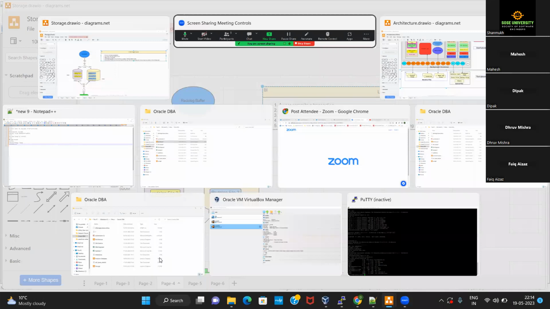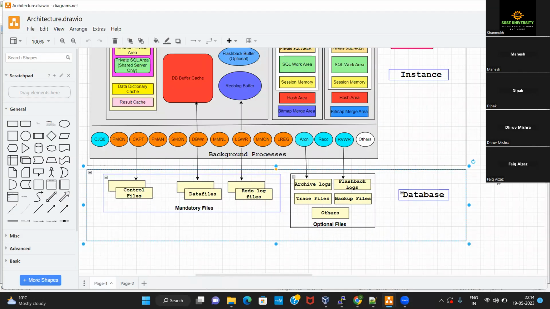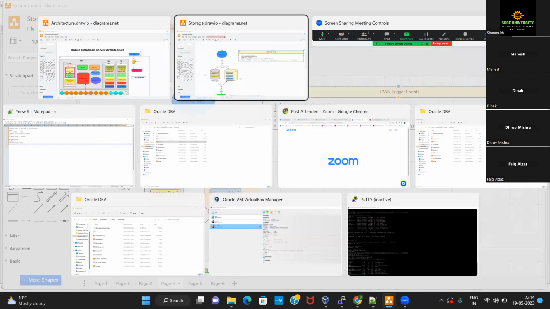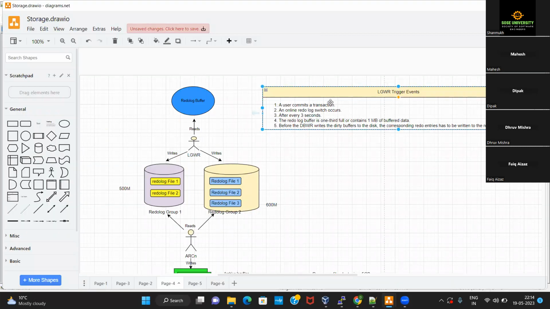Now we'll go back to this previous diagram. So, are you guys clear with these first 4 events? I'm only asking about the first 4 events, not the 5th one.